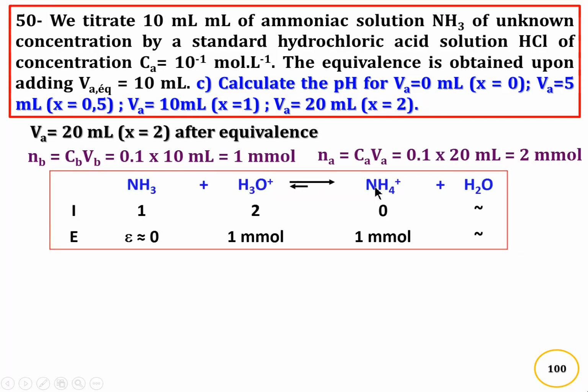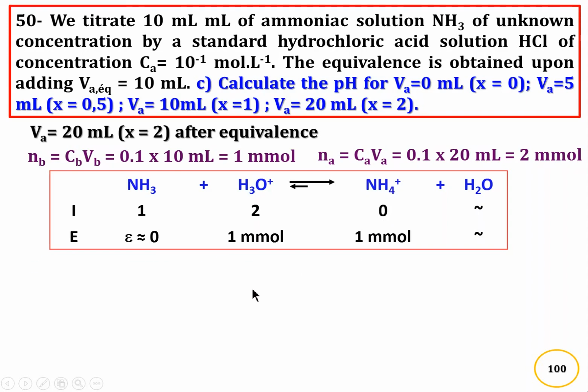NH3 plus HCO plus gives NH4 plus H2O. We have 1 millimole of NH3 and 2 millimole of HCO plus. At equilibrium, T equals infinity, NH3 disappears completely, HCO plus is in excess, equal to 1, and we have NH4 plus